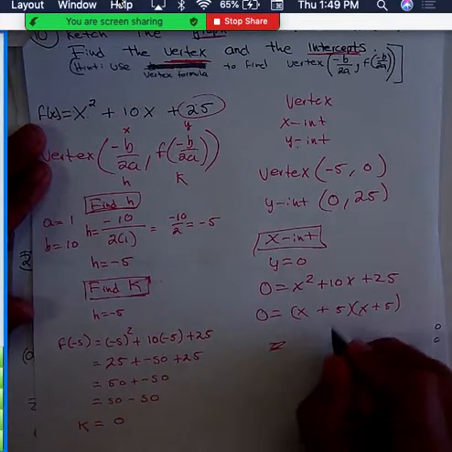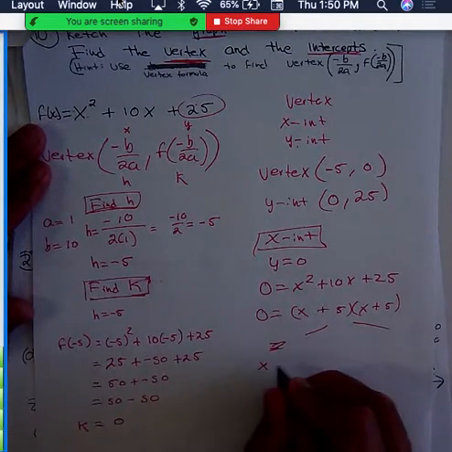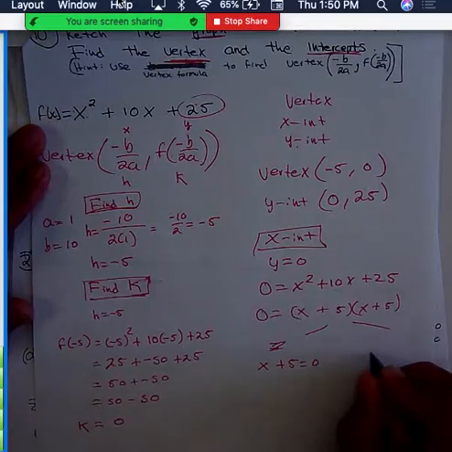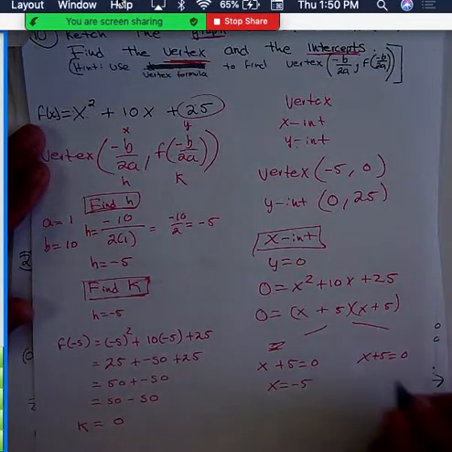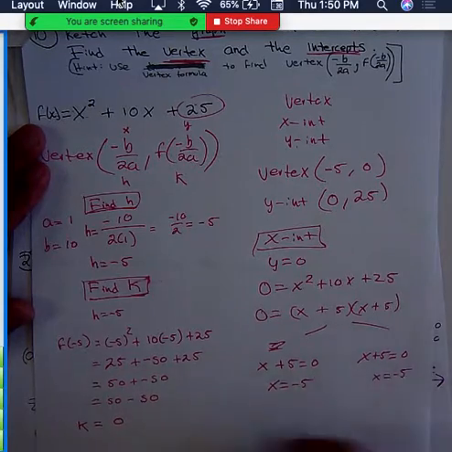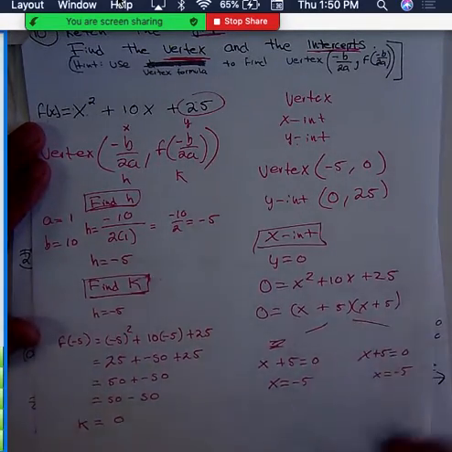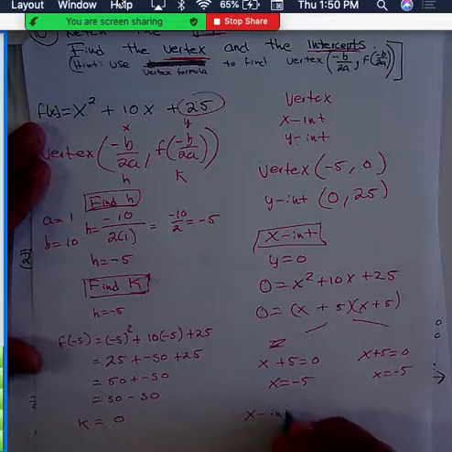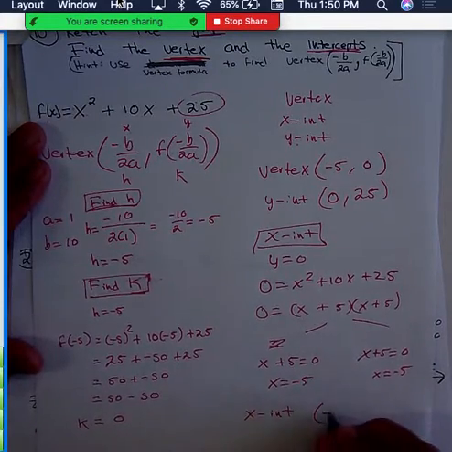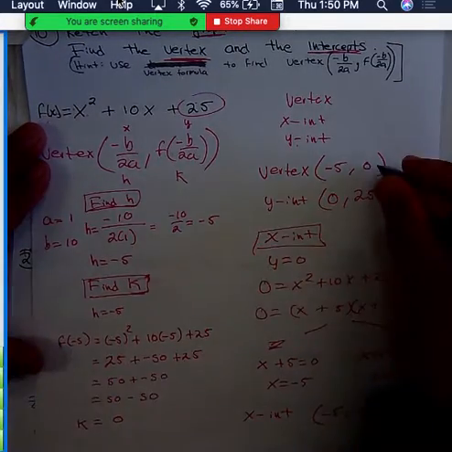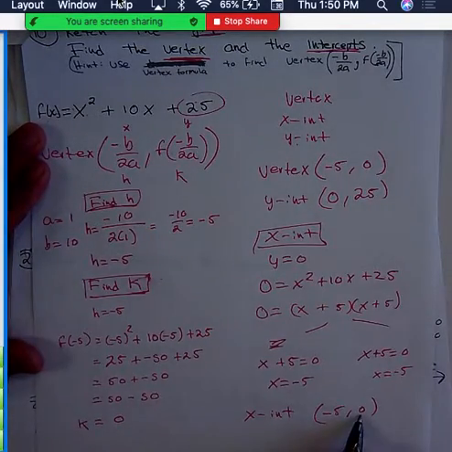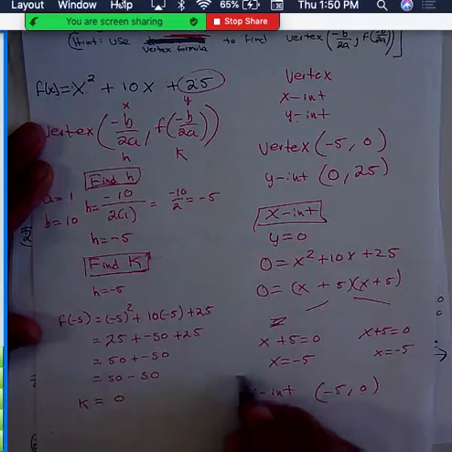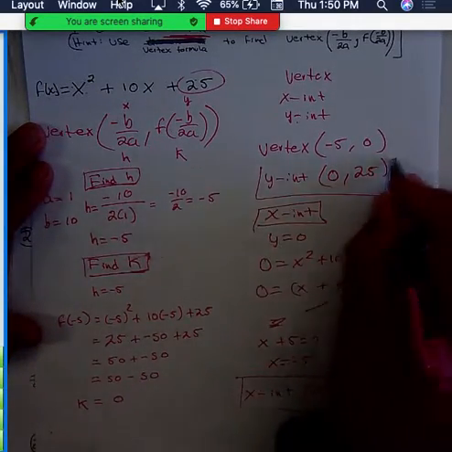Because, well, let's not get into complicated stuff. If you split them, you're going to get the same x. So in reality, we only have one x-intercept, which is negative 5, 0. So the opposite of the y-intercept, right? 0 for this. Now for this one, 0 is over here. So we found all the points that we need to sketch